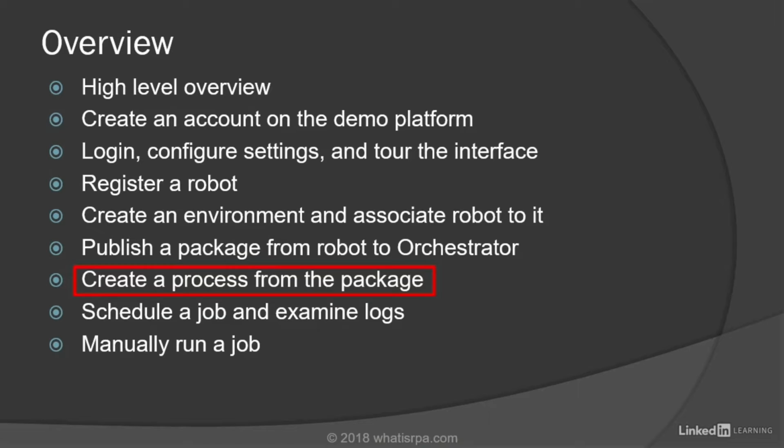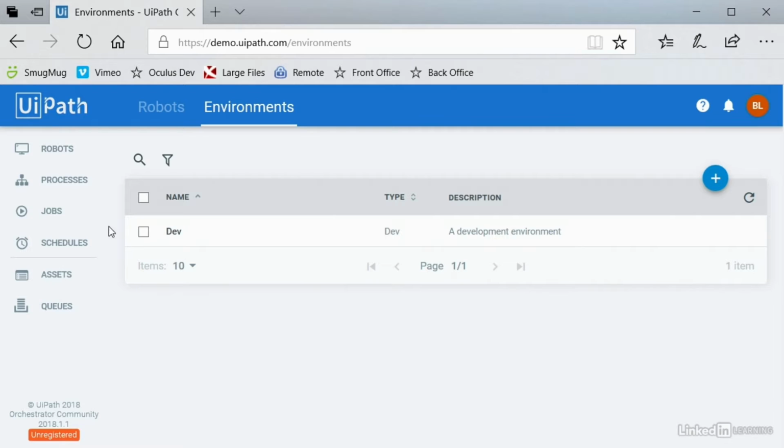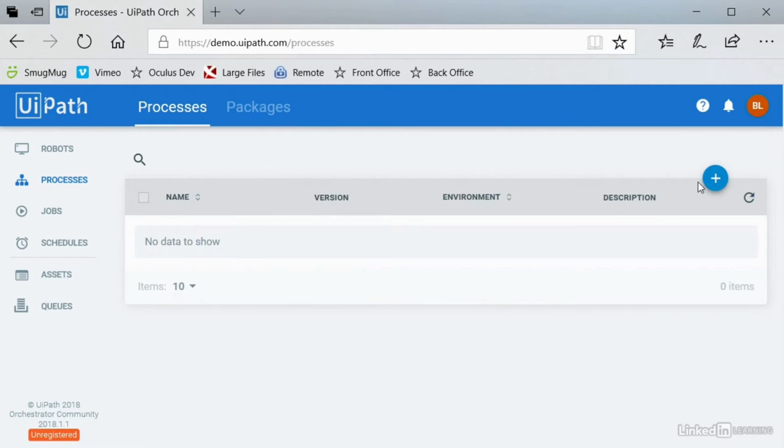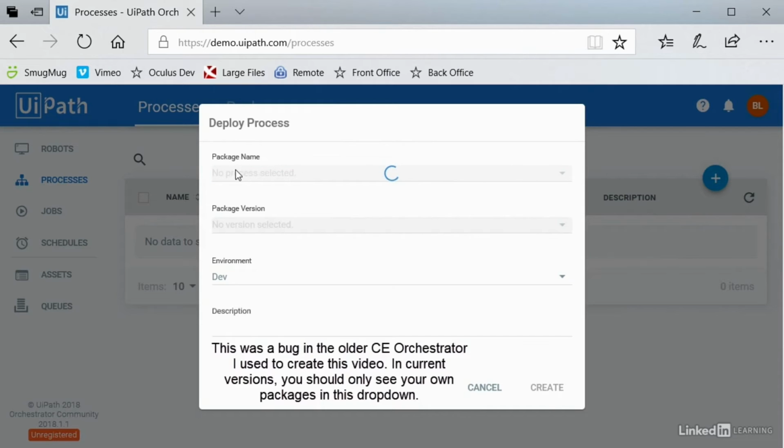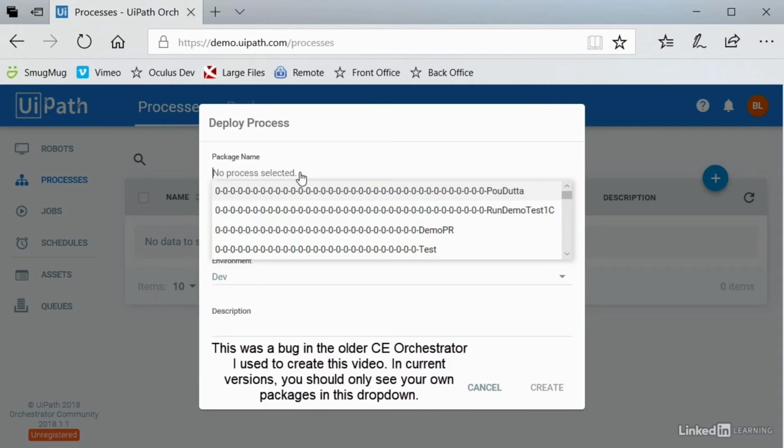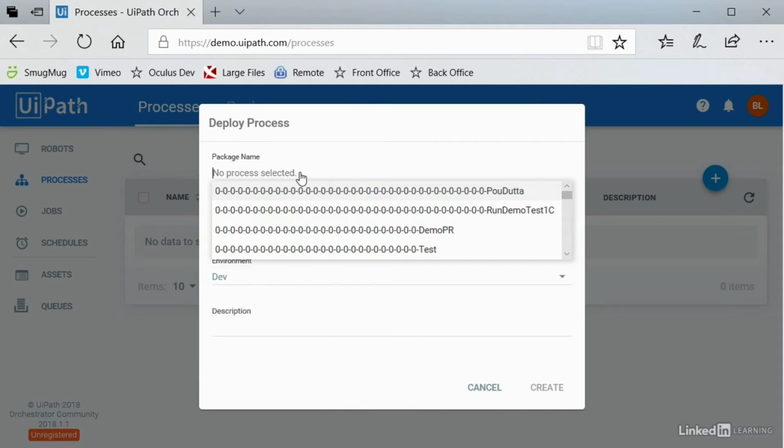Now that we've created a robot and published the package to Orchestrator, we need to create a process in Orchestrator from that package. Let's do that now. So we're going to click on Processes in the left nav, and we'll use this plus button here to create a new process. You can see that since we're on UiPath's demo platform, it's trying to load all the packages here. Now it's done loading, so I'll click in here and start typing the name of the package I created,